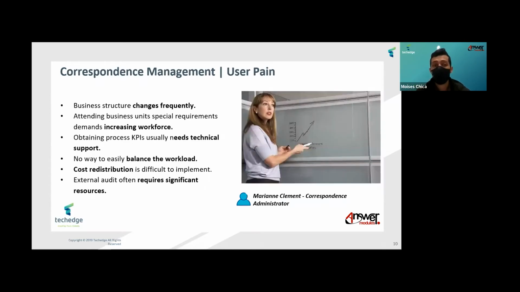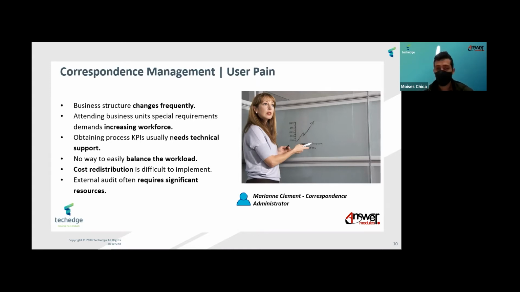And finally, the administrators are facing changes in the organizations because business structure changes every time, because they have to attend some special requirements perhaps, and that means increasing workloads and losing the balance of the workload. They are having struggles as well obtaining key performance indicators. They might need technical support for some of that.